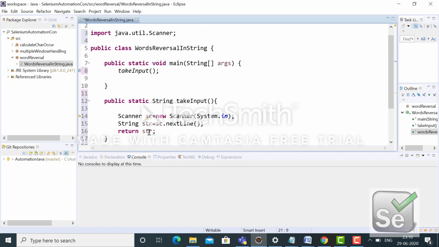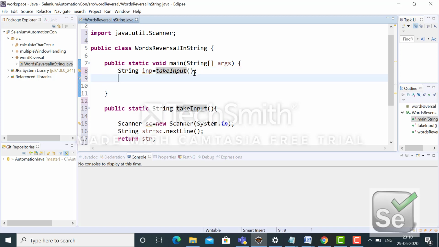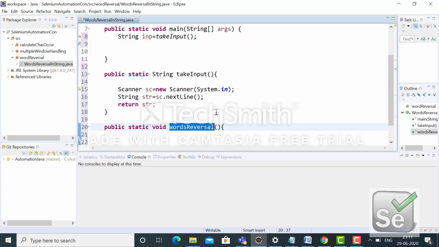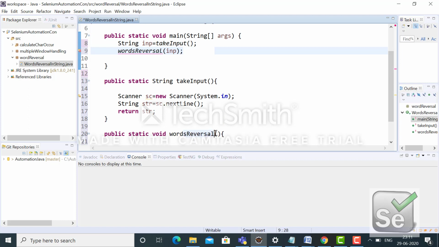This is the string I am returning from the take input function, so I have to catch it over here, and the same string I will pass to this function, on which I will perform the word reversal in that string. So now I have to take a string argument.